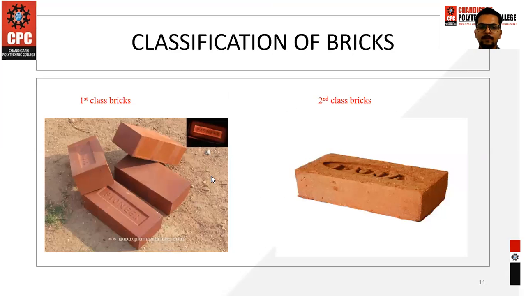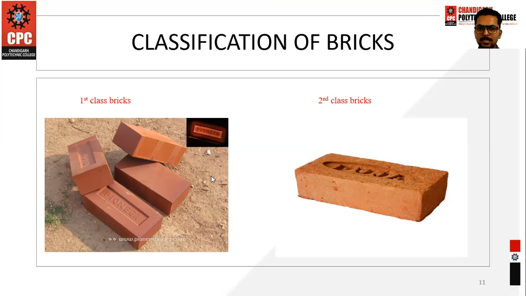So then afterwards, whenever this manufacturing is done, we have to classify our bricks. So according to these manufacturing processes, either it is hand molded, table molded, or burning process, or according to their drying process, or type of clay which we have used, the classification of bricks is done. So first class bricks are totally machine molded and kiln burnt bricks, and a high variety of type of clay is used in it. So as you can see in the image, the color is totally uniform, and the size and shape is properly done.